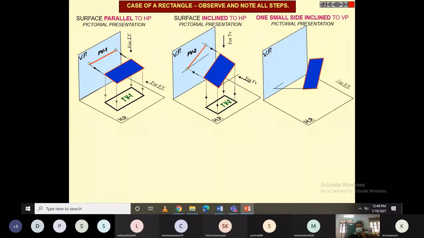And in the third case, in the same way, now this plane is not exactly perpendicular to VP. It has a certain inclination with VP. That's why we are in a position to visualize this surface as well as these four different points. So if we look into the front view projections, the plane looks like this. And in the same way, if we look at the top view projections, the projected plane looks something like this.